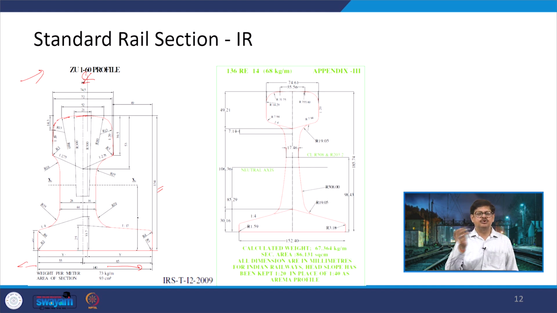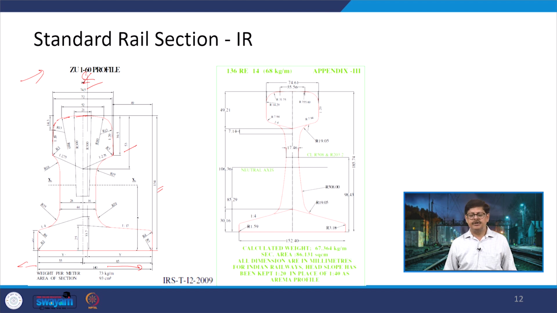It is not a smooth transition which is being given, and finally it comes out to be 74.5 mm as the width of the railhead, and the depth of it comes out to be 53 mm. If you look at the base, it is 55 plus 85, so that is 140 mm, the total width of the base. Now, as compared to this one, if you go to the other,